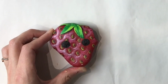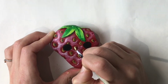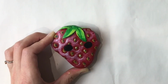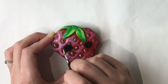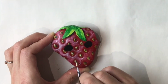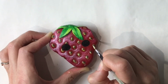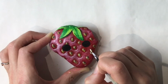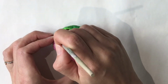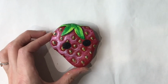Now I'm going to highlight some of the little seed areas. So I'm mixing white with yellow. So we can add a little dot at the top of each seed. There we go. Just like so. Okay, do maybe one more, just up here, because these ones will get the most light. There we go. Okay, so now I'm just going to wash my paintbrush,